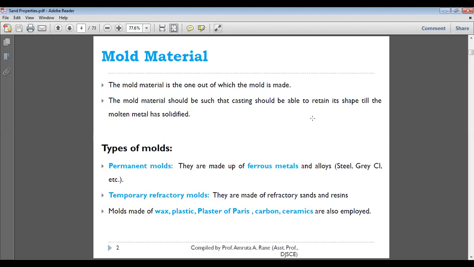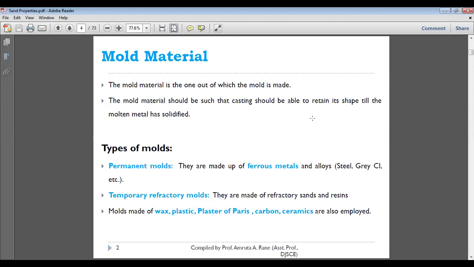collapse, and at the same time it must be able to expand, so that the heat and flue gases that are escaping from the molten metal must be accommodated and must be given capillaries, must be given space to eject. So mold material is one that has enough strength to withstand the temperature. At the same time, it should also accommodate cooling and solidification. So these are the basic requirements of mold material.